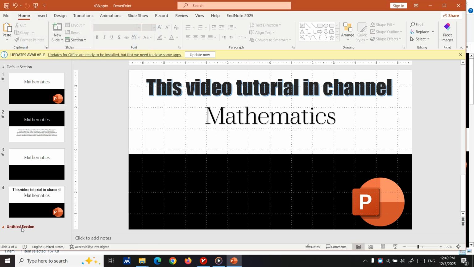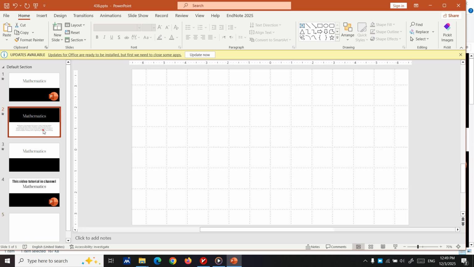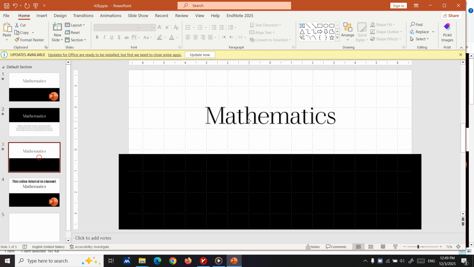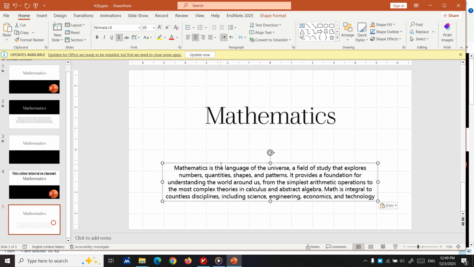At first you need to add a new slide. In the new slide, you have to have this text, and this text. These are just simple text and you can easily create them. After that, you need to insert